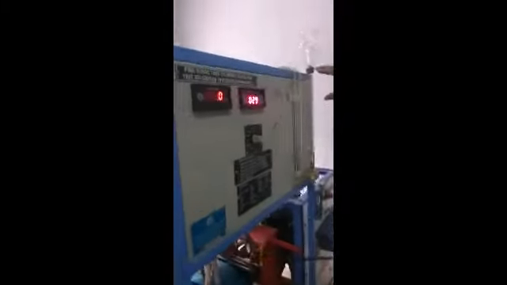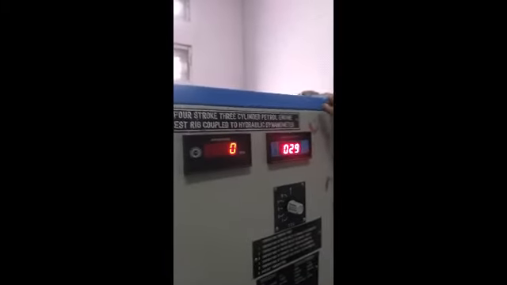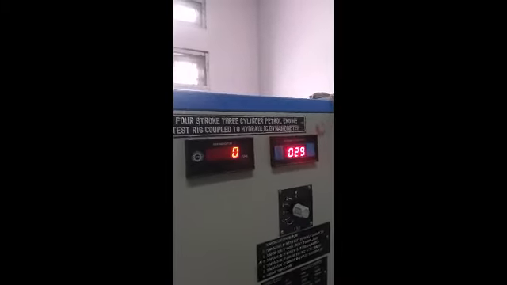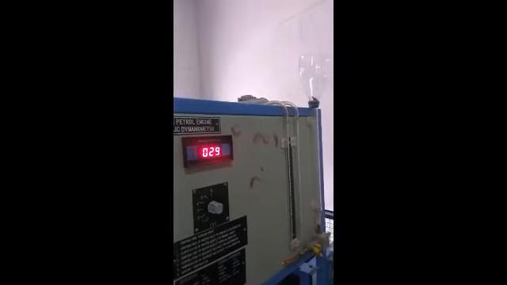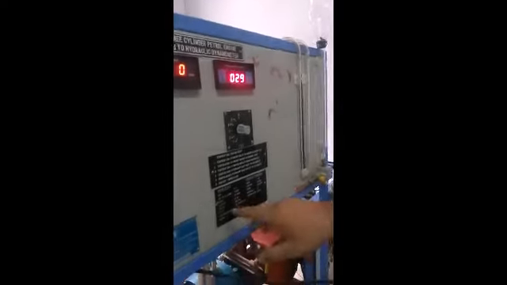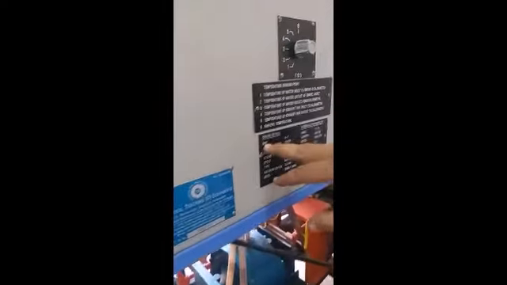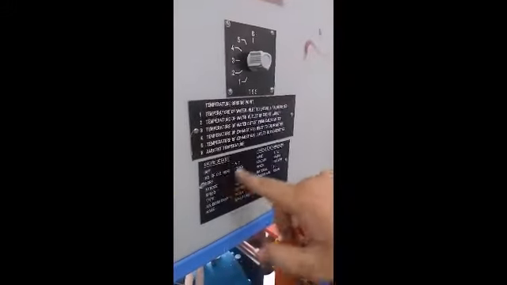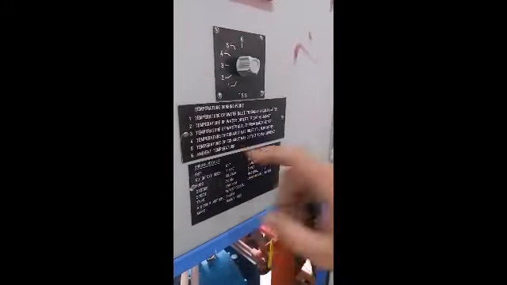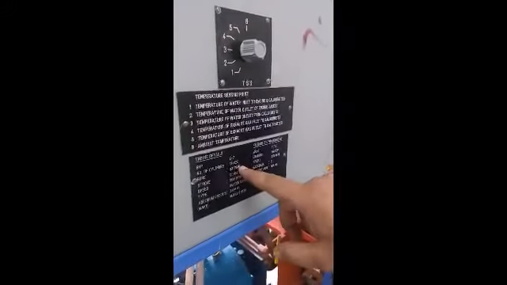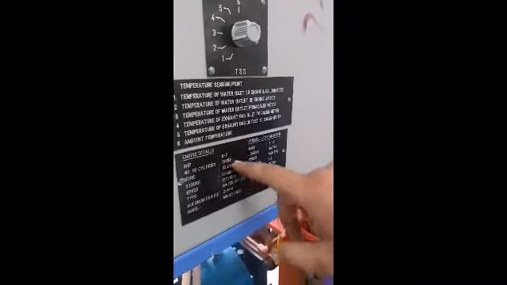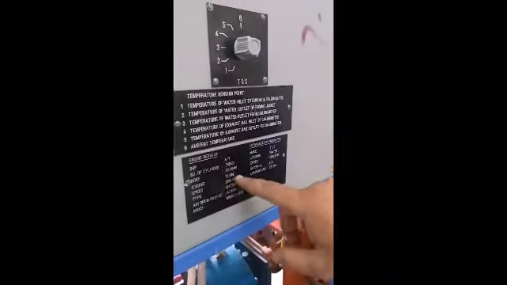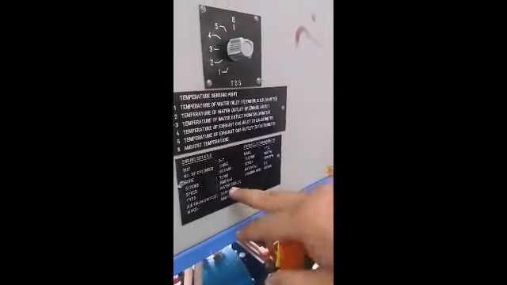Look here. This is your 4-stroke 3-cylinder petrol engine test rig. This model is your Maruti 800 model. Here the model size and the maximum engine details are given: the brake horsepower is 5 to 7, the number of cylinders is 3, and the bore diameter is also given. The piston diameter, the bore diameter inside the cylinder, the stroke length and the speed are also given here.